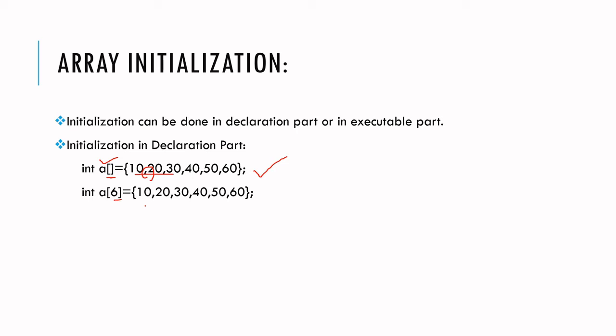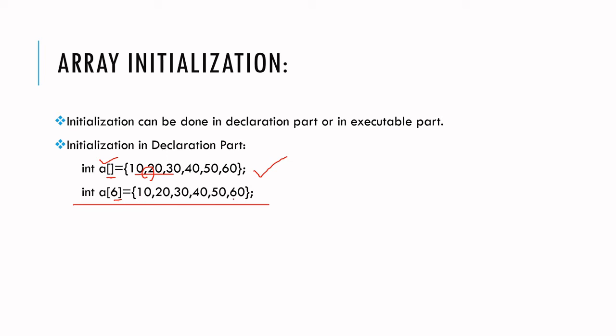You may initialize the array either in the declaration part or in the executable part. The place where you are initializing your array does not matter. Once you have declared the array, the indices start from 0 only. So for both statements, it starts from 0,